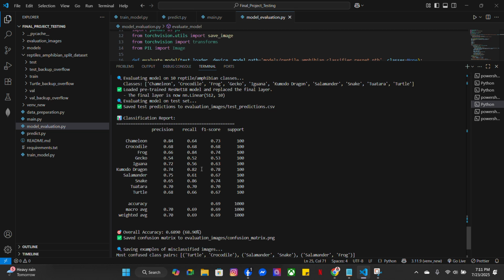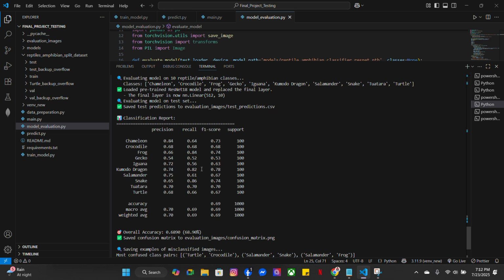Other factors that affect accuracy include 10 total classes, which increases task complexity. Although there's no class imbalance, I think the number of images for each class affects it since we have 10 classes and only about 2,000 images per class. I think we should up that and have a total of about 60,000 images for the data set. And then there's the subtle features that are hard to distinguish even for humans.